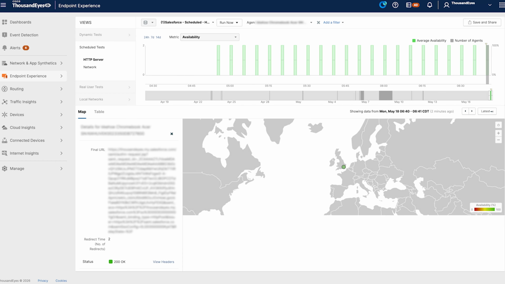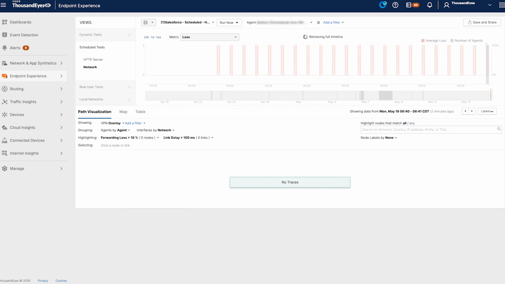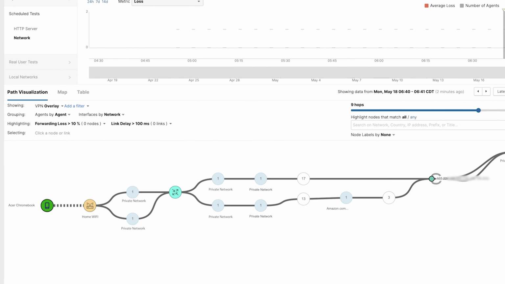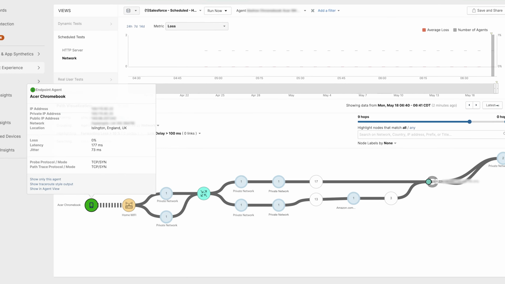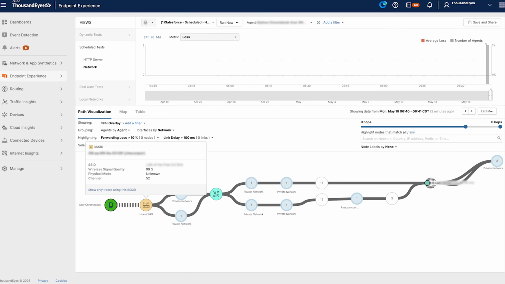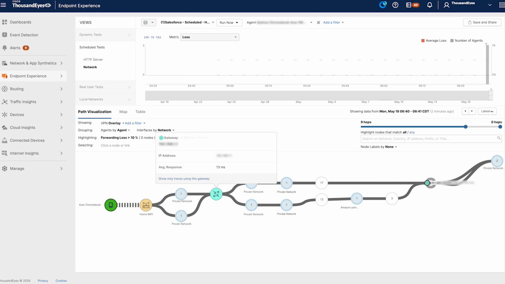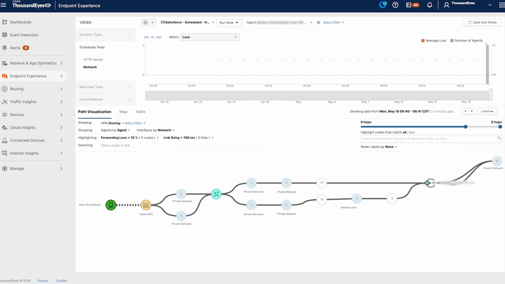From the same scheduled test on a ChromeOS agent, switch to the network layer. Path visualization is the default view, showing every hop between the Chromebook and the target service or application. You can easily see the home or office Wi-Fi, any corporate VPN or SASE intermediary, the ISP, and the final mile path to the application. This is what lets the conversation move from "the Chromebook is broken" to "your traffic is being dropped at the third hop into the ISP," which removes most of the back and forth between the user, the help desk, and